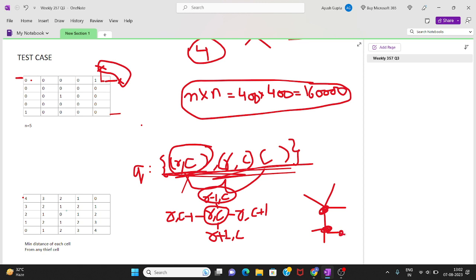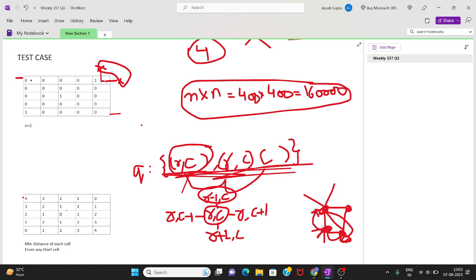Suppose from here we can move to this cell, and from here also we can move to this cell. So see, from here we can move to this cell, but it would take two steps. Okay, but from here this cell we can directly move in one step.